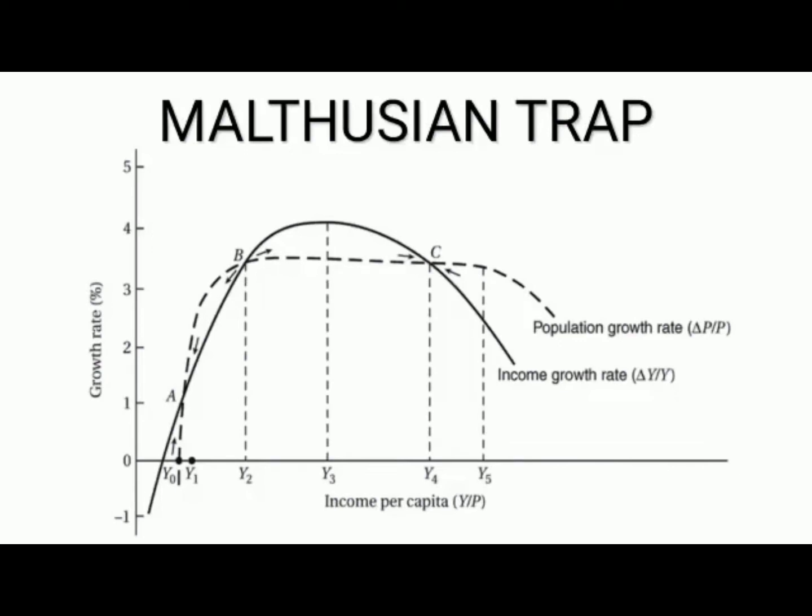If you are able to go to point B, which is what we call the unstable equilibrium, because at this point, either the economy can push toward point C or it will go back to point A. You can see the arrows, which is the low level equilibrium. So, in the high population growth,